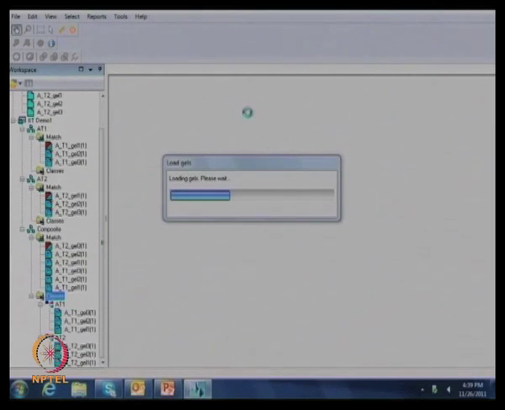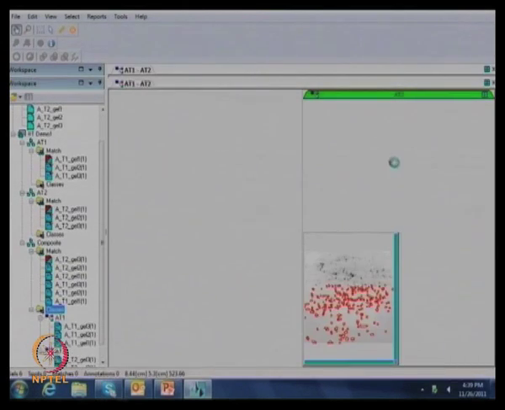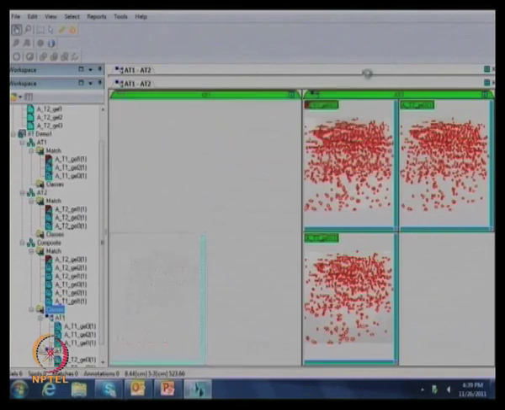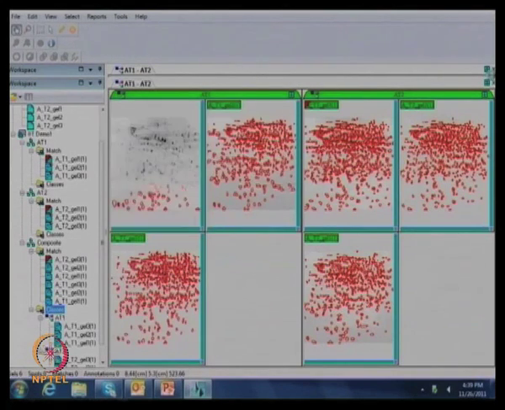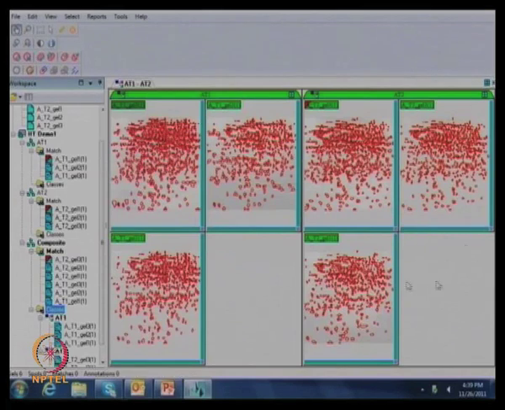Now we can see both gels together: 3 gels from the control and the remaining 3 gels from the treated. This is what you can see. Now it is behaving as a single gel of 81 and a single gel of 82. So now it is going to average these 3 gels, and another averaging of the remaining 3 gels. So a single value you can get from the control, and another single value from the treated.